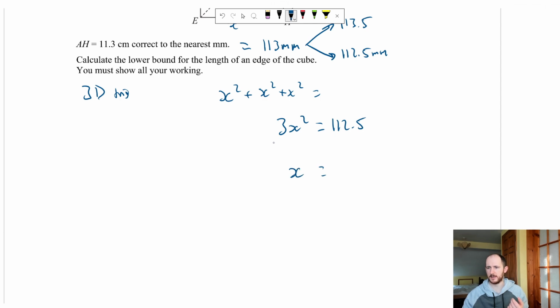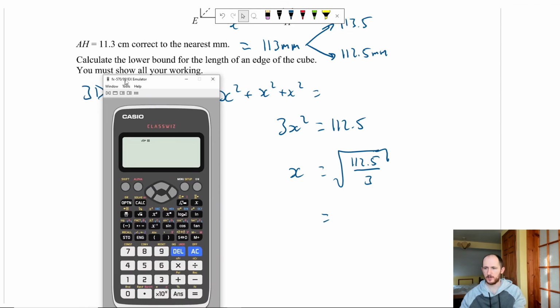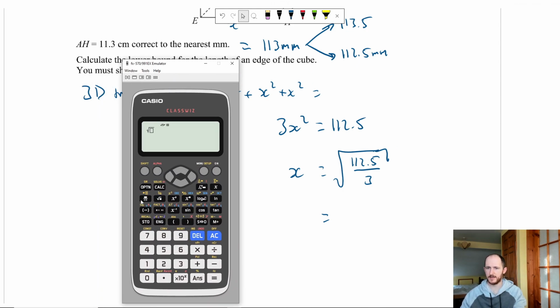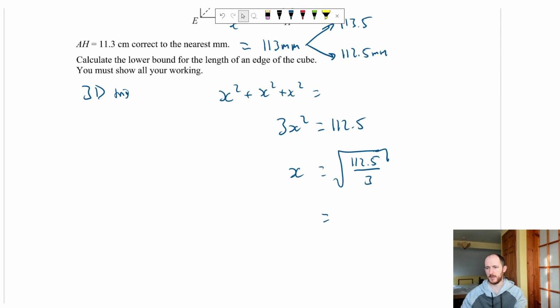So that gives me 112.5 divided by 3, all square rooted. And pull over our calculators. 112.5 over 3 gives me an answer of 6.12 millimeters